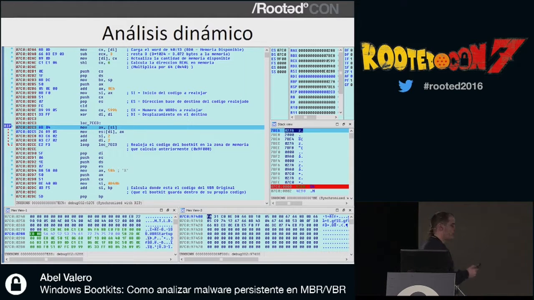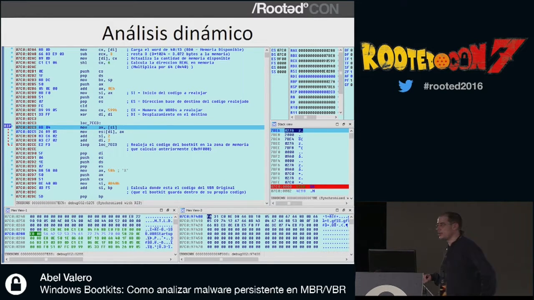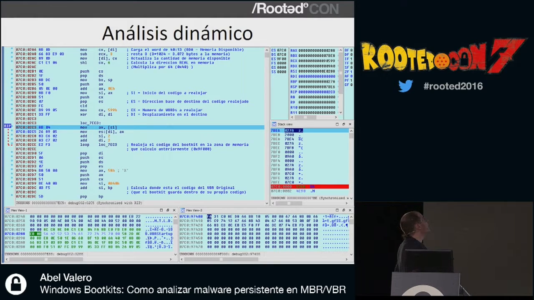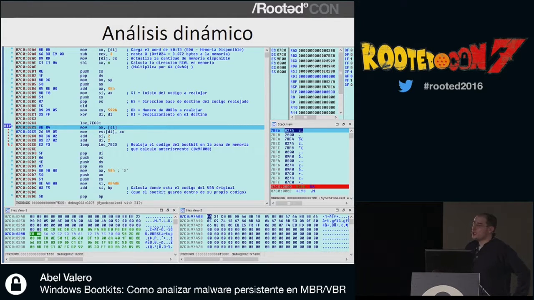This is the initial code. What does the VBR do? We are on the code for the BootKit itself. The first thing it will do is to copy itself into another memory space. Before it does that, it will modify address 413. It will tell it, my code occupies 3 Ks, go here, remove 3 pages of memory, and allocate that to me. So when a program tries to allocate memory to that space, it will have to move upwards. I've just made a reservation. I've just reserved memory.